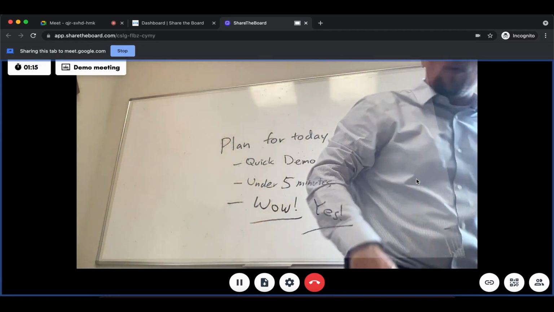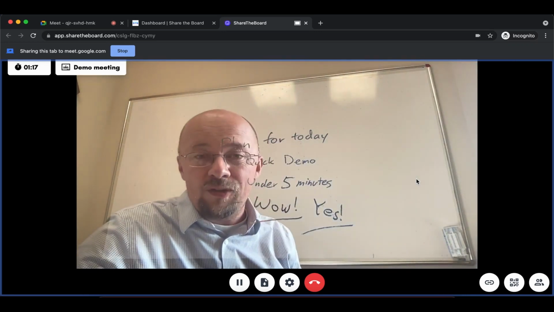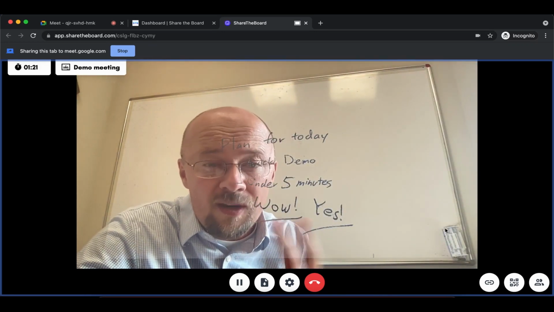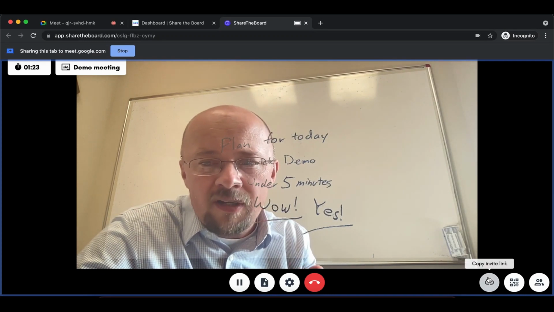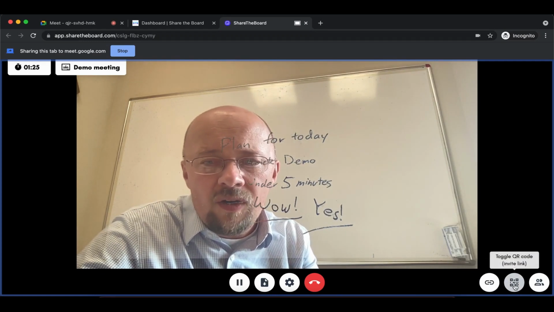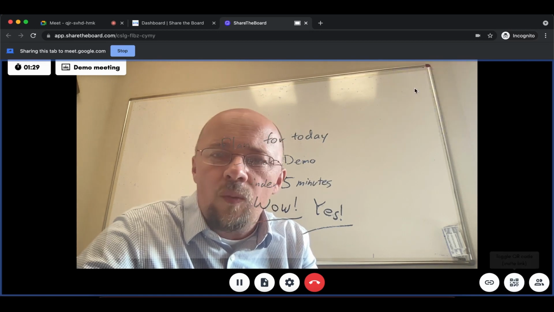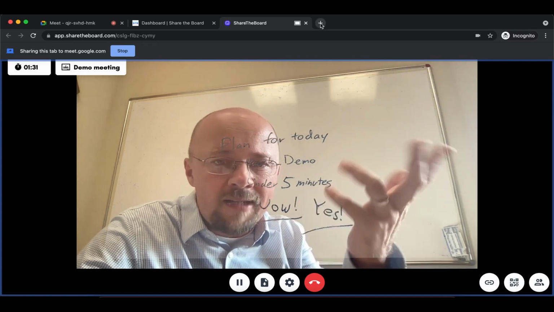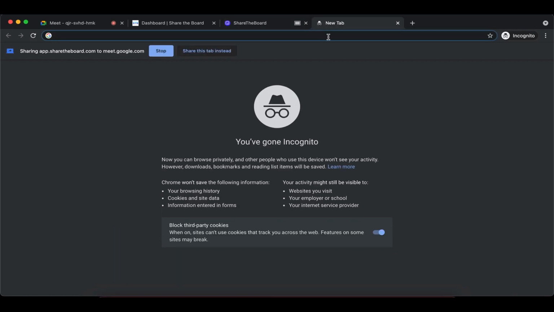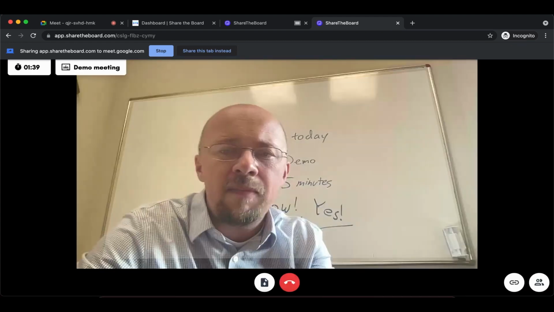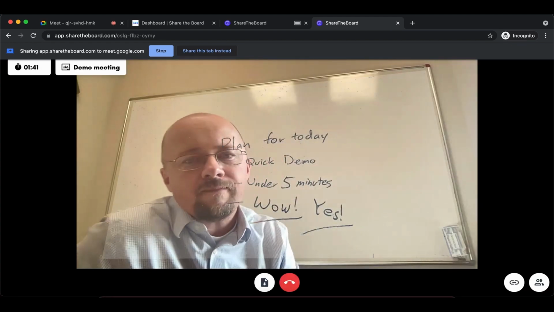Now, if you wanted to give your remote participants the ability to save that content, you'll want to invite them to your stream. Now, you do that in one of two ways. You can either click this button down here that says copy invite link, or use this nifty little QR code toggle. And when you send that link, for example, in the chat of your video conferencing session to your remote participants, they will arrive at this gate where they can enter their name and just like that, join a live